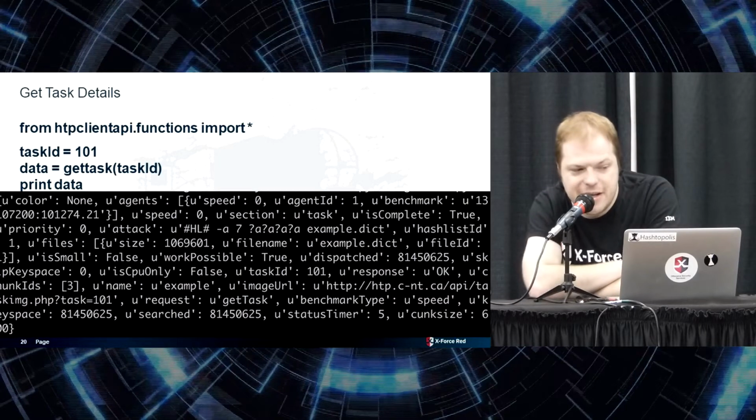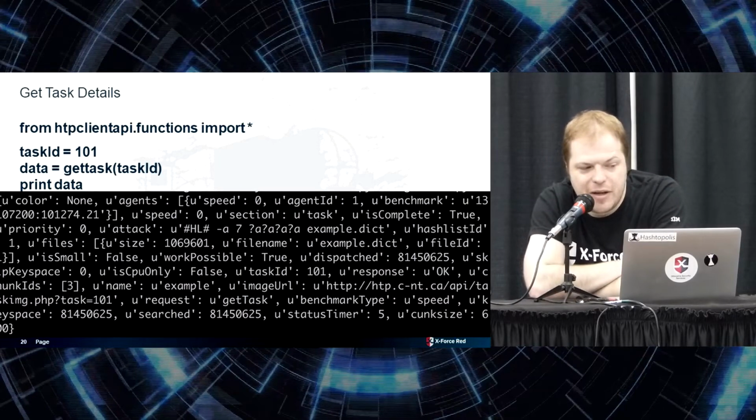If you want to get task details, we do the same thing. Run a get task on the task ID, print your data out, and it'll tell you everything you want to know about a task. And a task in this case is a hashcat job, so this comes in handy when, say, you've dispensed the task and that task tends to have broken. You want to find out what you want to go fix about things. Alternatively, you just forget what you're running about the task, but it gives you the entire command output,